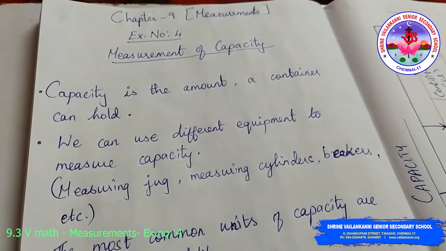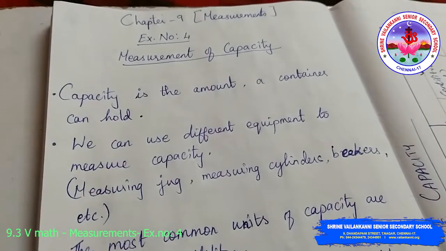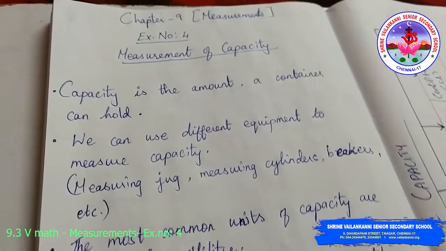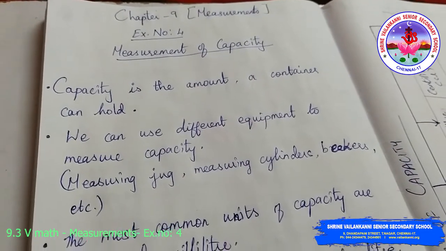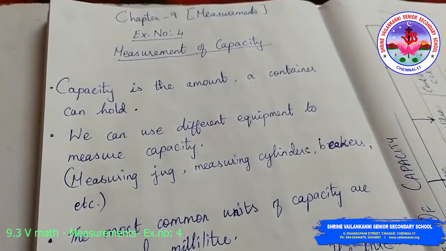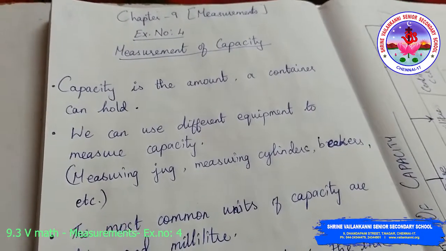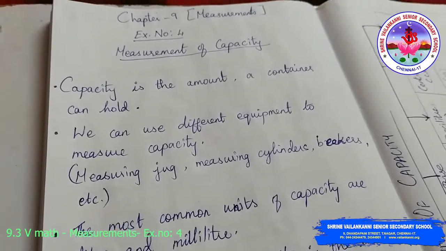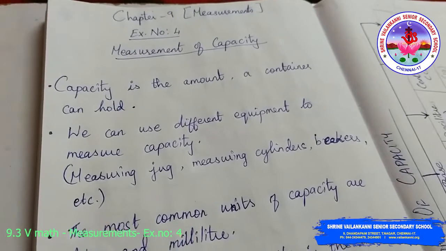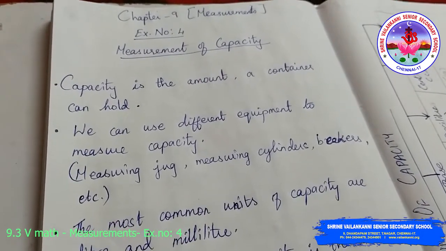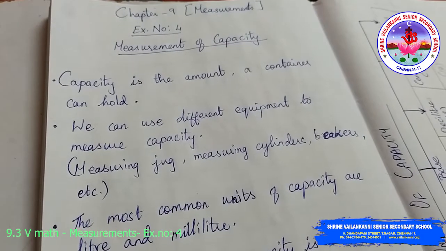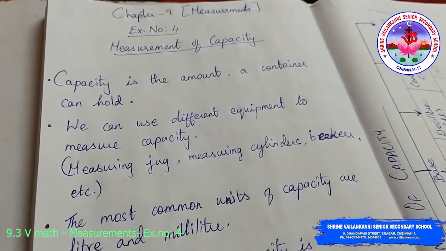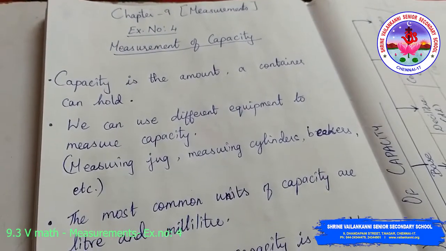If it is half a liter, we are able to pour only half a liter of any quantity of water or oil or juice or anything it is. So what happens if we pour more than half a liter in a container which can hold half a liter? When we pour more than half a liter, it will overflow. That is, it cannot hold more than half a liter of water or oil or juice, whatever we are pouring. So that is the amount of capacity which a container can hold.